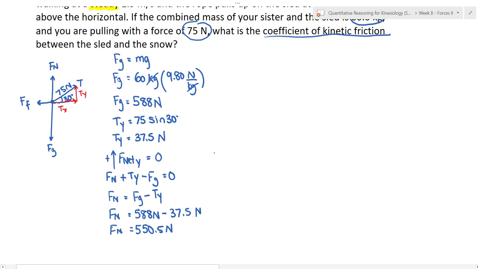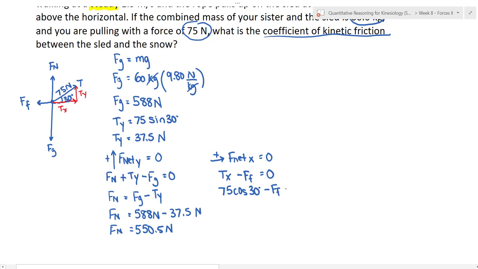So I'm going to say positive is to the right, F net x is equal to 0. So what forces are acting in the x direction? We have Tx, which is pointing to the right, and we have Ff, which is pointing to the left. Okay, so my F net x would equal Tx, which is positive, minus my force of friction, which is negative. All right, so all that equals 0. Now I need to know what my Tx is equal to. So Tx is the adjacent side to the 30-degree angle, so I'm going to use cos. So it will be 75 cos of 30 degrees